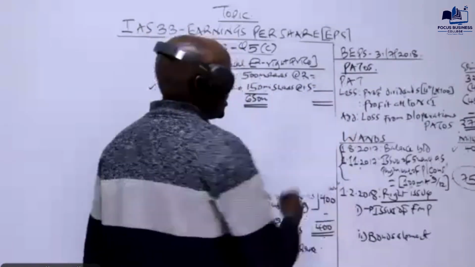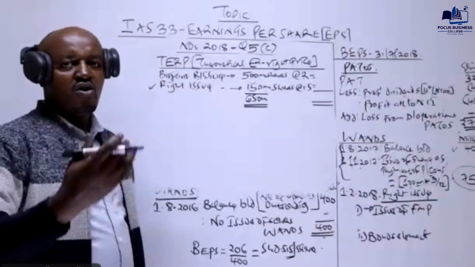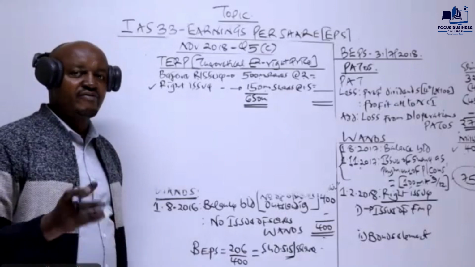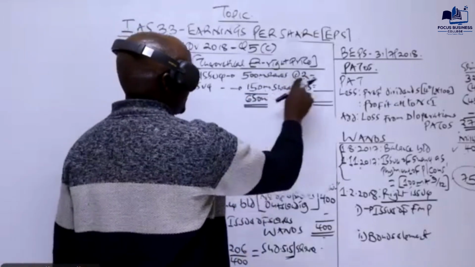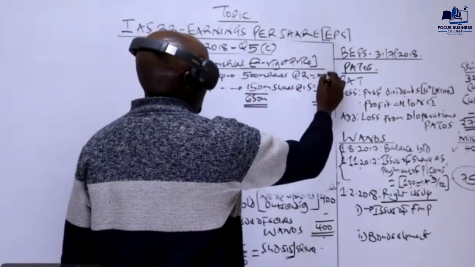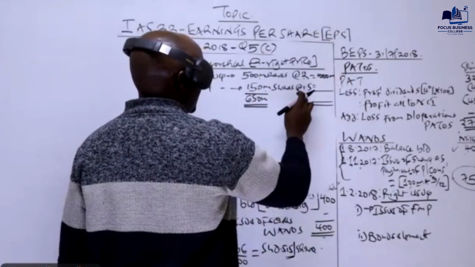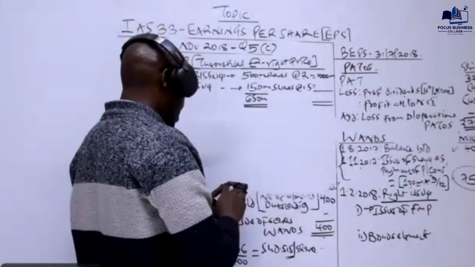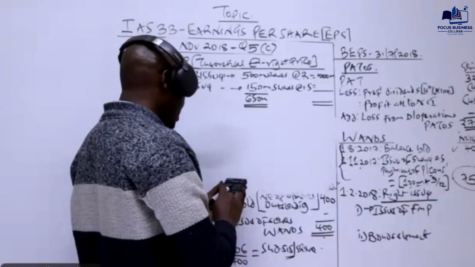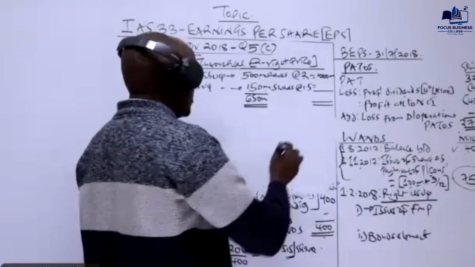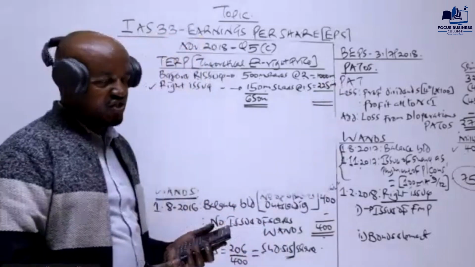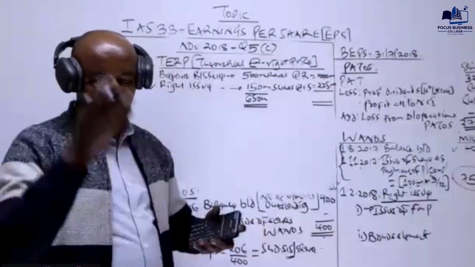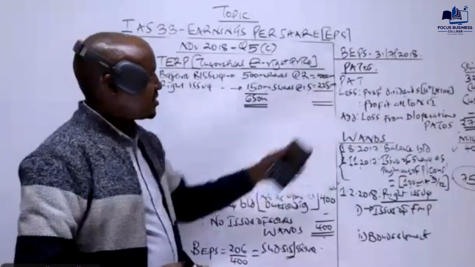Market capitalization is the total market price of all shares which will have been issued by the company after the rights issue. So how do we get the market capitalization? This times this, which will give us 1,000 million, and then this times this, 150 times 1.5, which will give us 225 million. The market capitalization of these shares, or the market price of these shares, will be this plus this, which will be